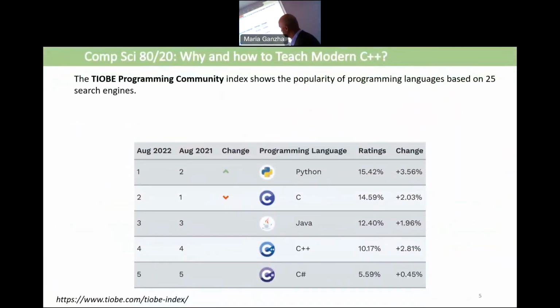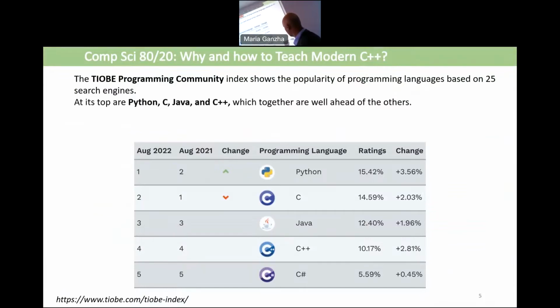So let's see some statistics. This is taken a couple of days ago from TIOBE. They use a different methodology of building these statistics. But we see that on top we have Python, C, Java, C++, C#.